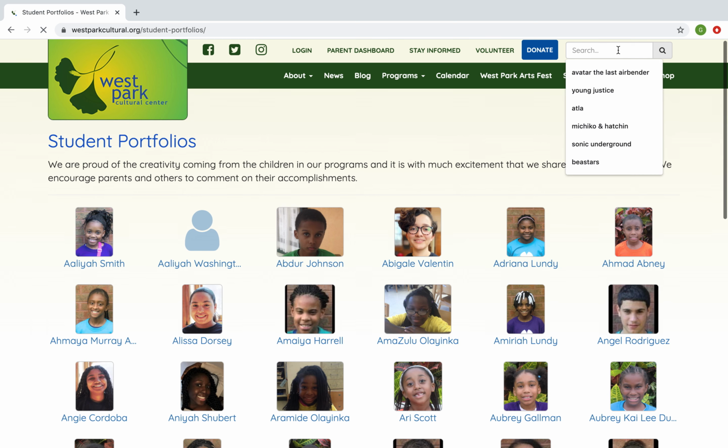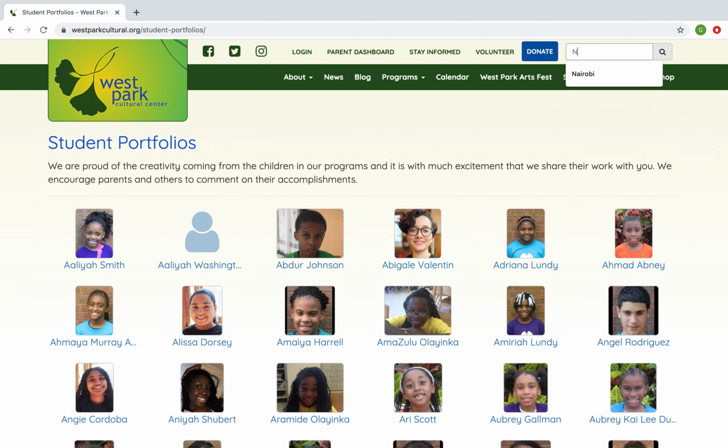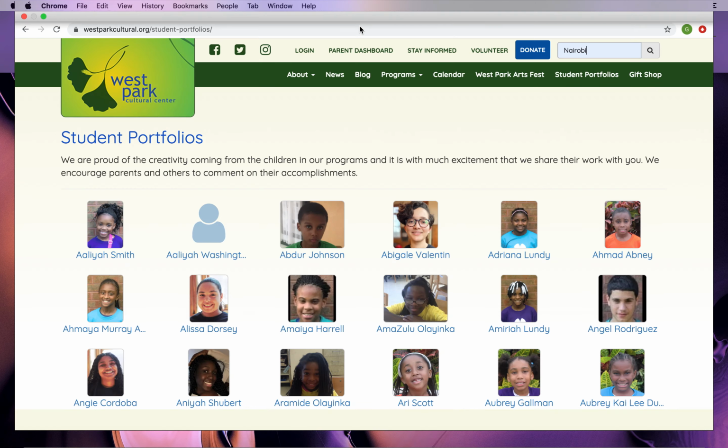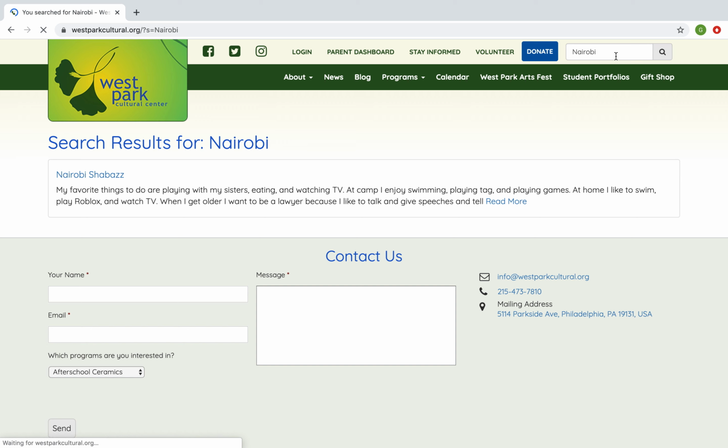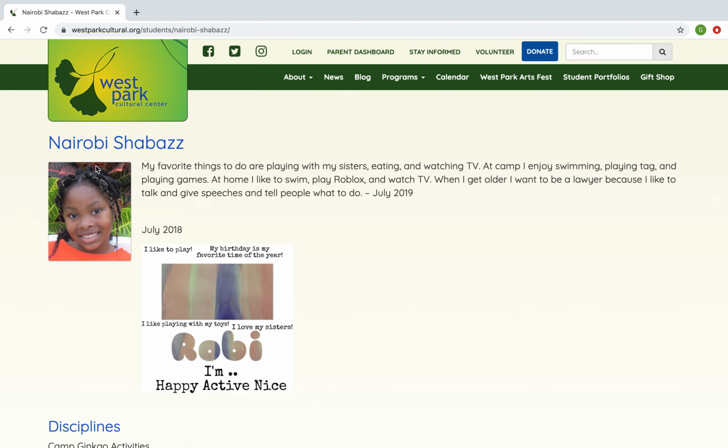I'm going to select one of the students. Click on Nairobi's. I'm going to search for her. Okay. And I just learned this. I was searching one by one for children, but with the search box here, you can easily get to your child's portfolio. So here, once you're on the portfolio, you'll instantly see their name, an up-to-date photo